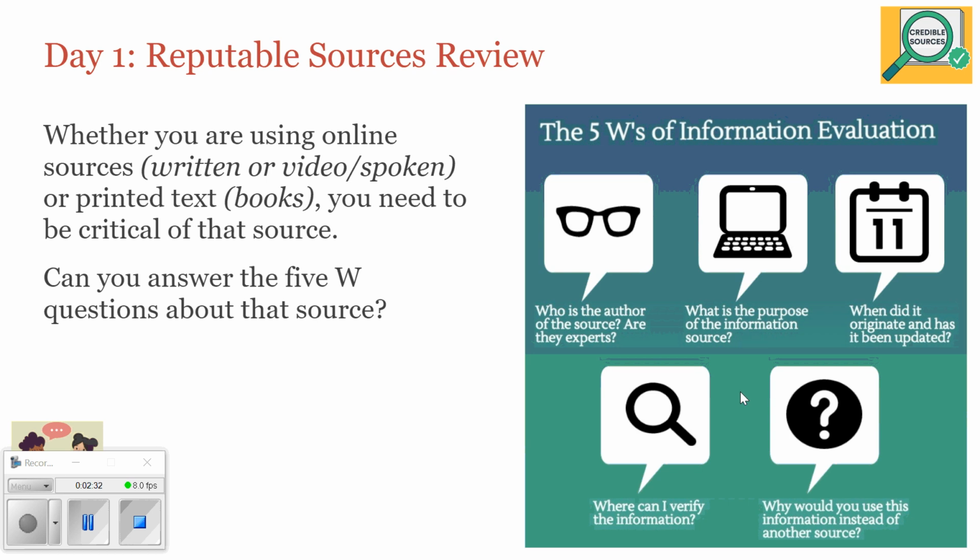The fourth question is, where can I go to verify that information? Basically, if you find a source that says Harriet Tubman lived to be 200 years old, that should set off little warning bells in your mind. Really? She lived to be 200 years old? Can I find another source that backs that up? If multiple other sources disagree and say that she died at the age of, I actually don't know, maybe in her 80s, those other sources that agree with each other are probably the more reputable ones to use, rather than the one source that has outlandish information.